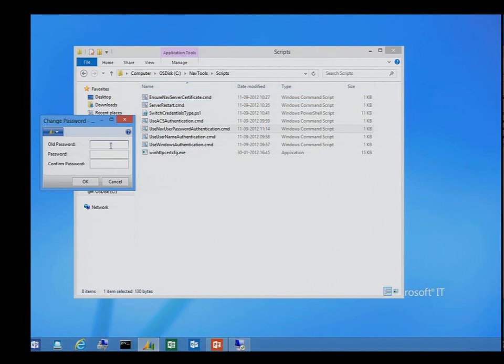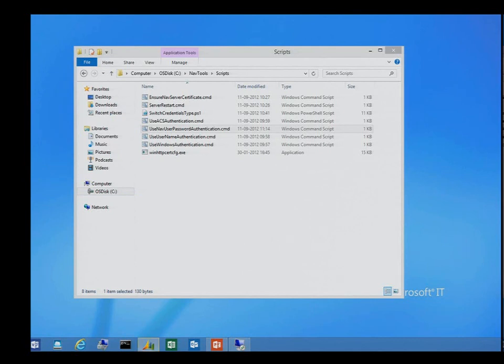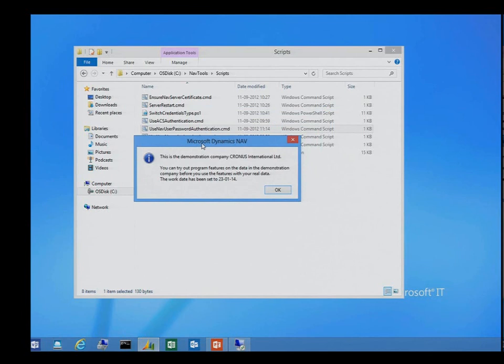So I need to type in the password. And a new one. Actually, the old one will do. There we go. It's changed, and you can see I got the welcome message. So I'm basically logged in now.